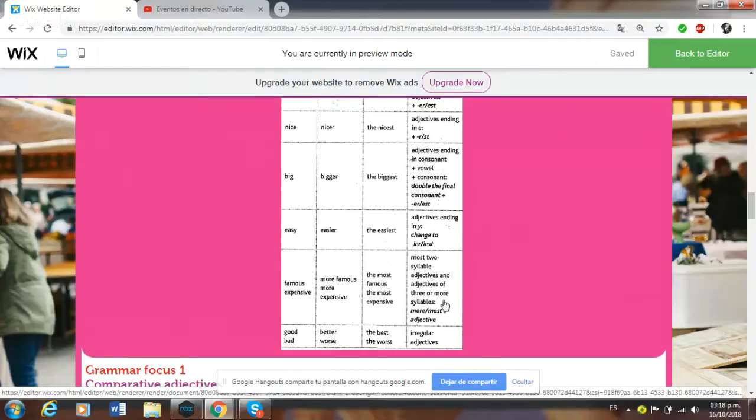When we add the adjectives with more than two syllables, we add "more" for the comparative forms. Yes. And "most", the most, okay, for the superlative form, no? As you can see here. And the last one,